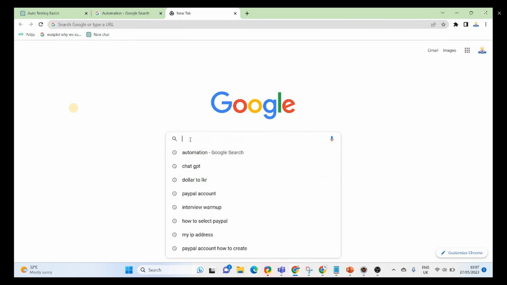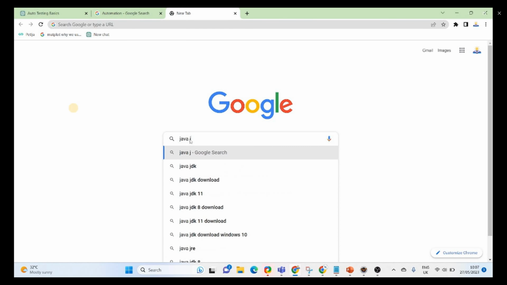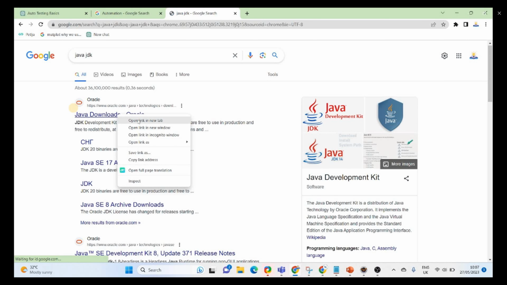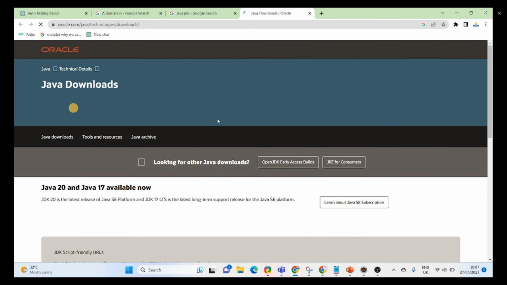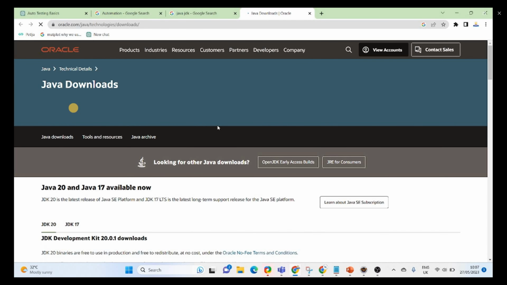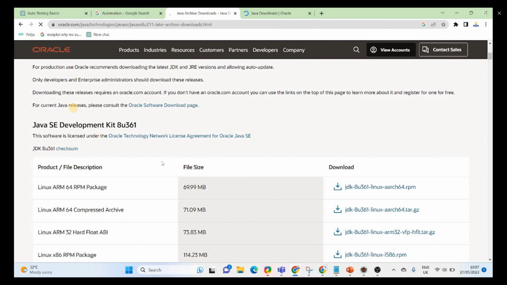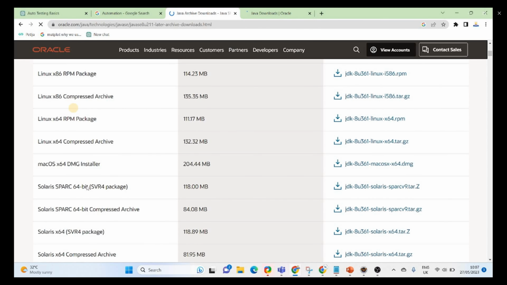Yes, here I am starting from downloading the Java JDK. So can you please go to the search engine and search Java JDK. Then you can select the latest JDK release according to the search results, and the official page is the Oracle site, so you can get the files, which means the JDK file. And another official site is Java SE. Here also you can get the Java JDK